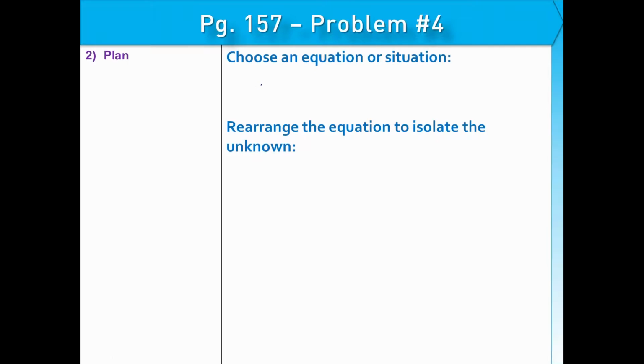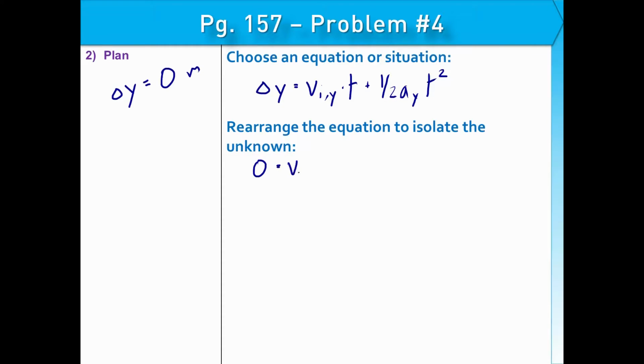So from the previous slide, I know that the equation I need is y displacement is equal to initial velocity in y times time plus 1/2 acceleration in the y direction times time squared. Now to simplify my math, I'm going to use one of my givens. Y displacement is equal to 0 meters then. So I'm going to go ahead and plug in the 0 here. So I get 0 is equal to initial velocity in the y direction times time plus 1/2 acceleration y times